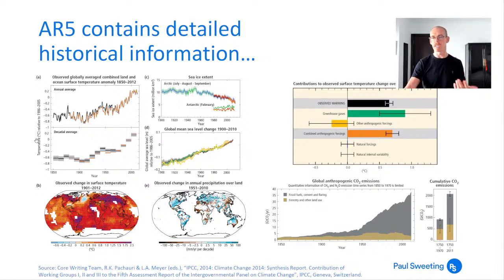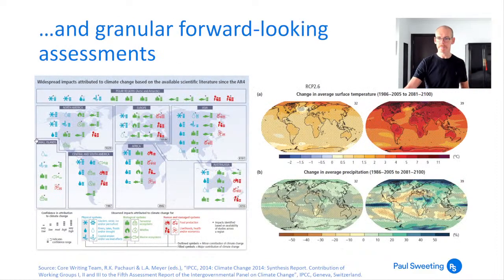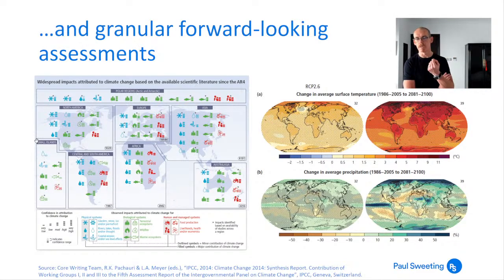So this is useful because it gives us a lot of historical information which we can mine to build our model. What's also very useful is it includes a lot of granular forward-looking assessments. So under the various different scenarios, it doesn't just say what the overall temperature change might be, but what that temperature might be across the globe in different parts of the world, which is really useful. So you can see which parts of the world might be more or less adversely affected by climate change. And this kind of expert opinion is really vital, because you can't get it from looking at prices and trying to infer what the market is telling you.